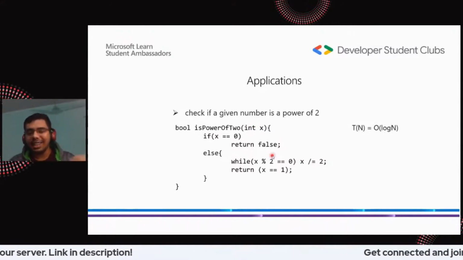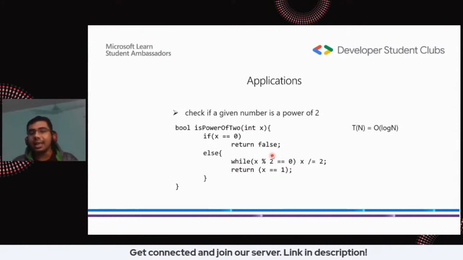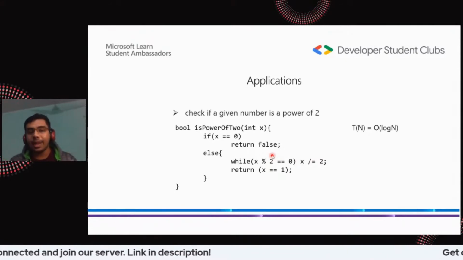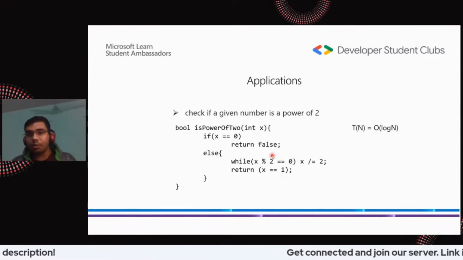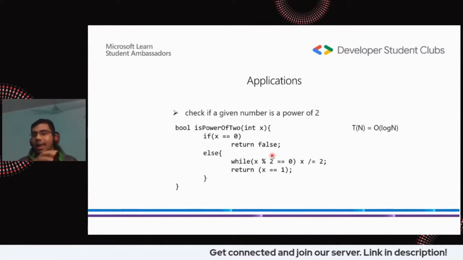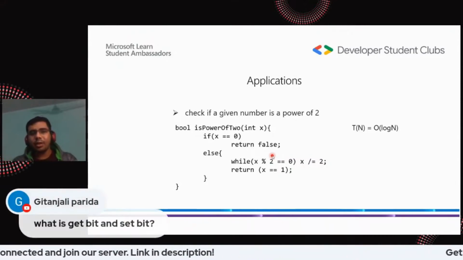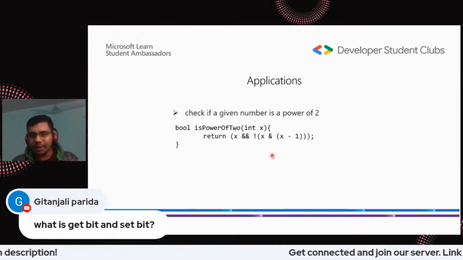Yes, at times in data structures we say that in searching and sorting algorithms the order of log n is actually pretty good. But can we do this in a much better, much simpler way? We're reducing the logarithm of n to some order of 1, right? And reducing our time complexity. Can we do that? Let's see how we can actually implement this.